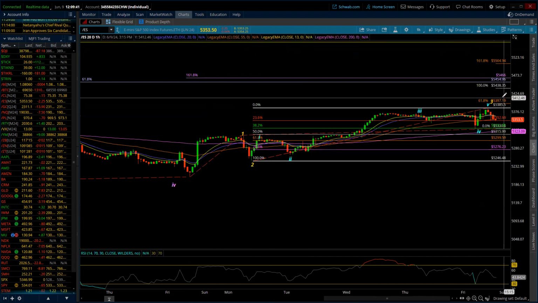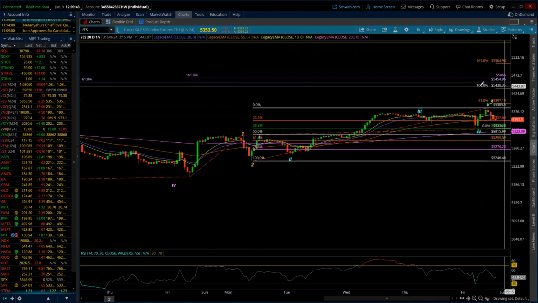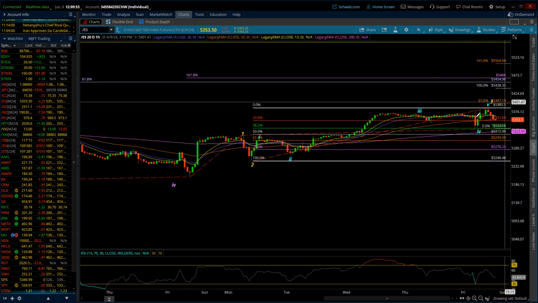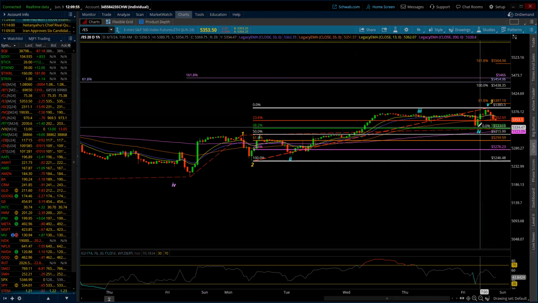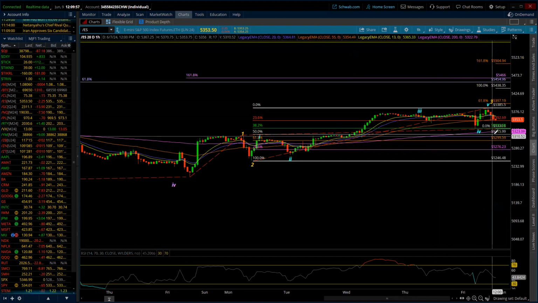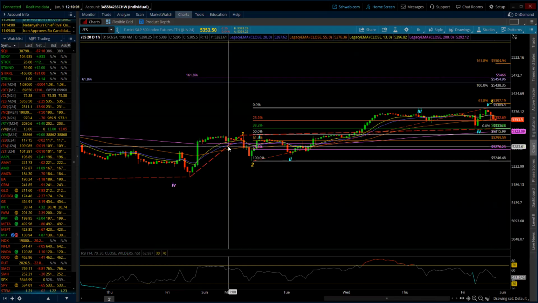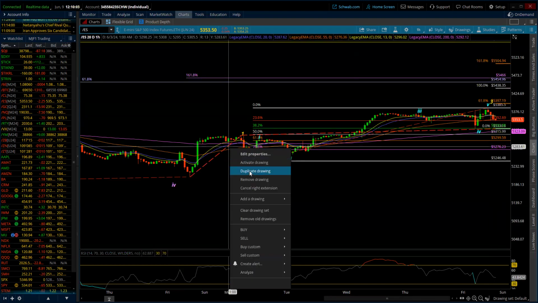Well, 53.97, still 5,400. But here's the 100%, which is the most common, 54.38. So no matter what, as is, the market is suggesting we're going to go up. We may even drop down to 53.38 or 32, but we're looking to go up, not necessarily down. So I'm going to take that off because I don't have that level yet.